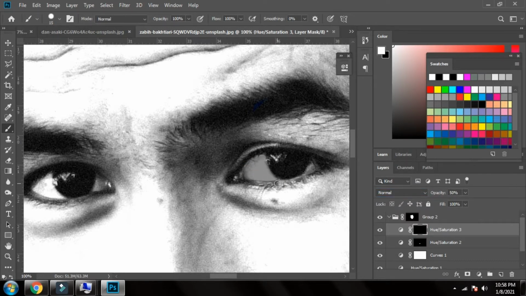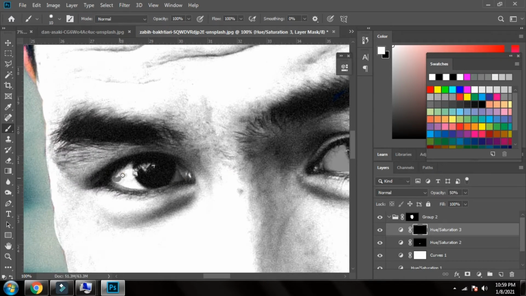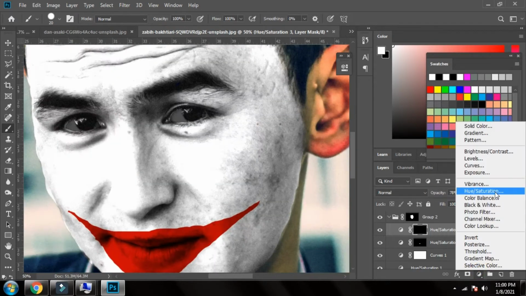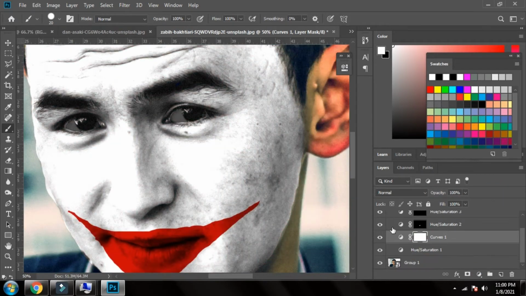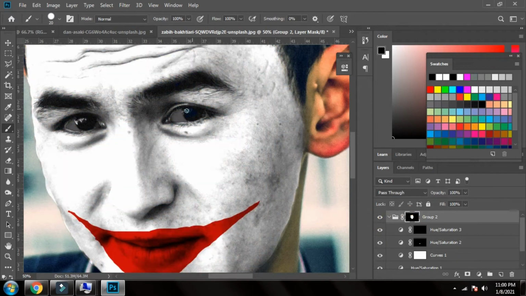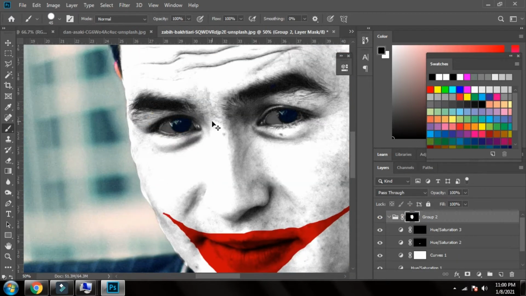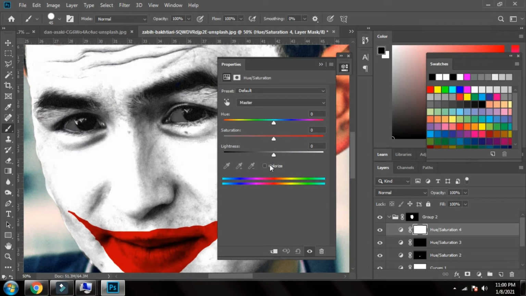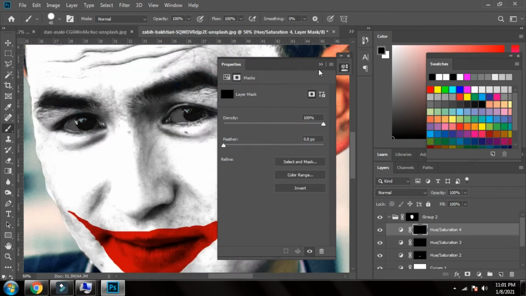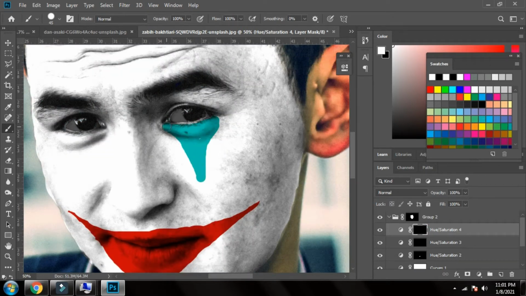After that I again added a hue and saturation layer and colorized the eyes, the white areas of the eyes, and changed it to a little dark so it gives a dark look. After that I also tried to change the pupil color to blue, but it was not looking good, so I removed it and added the paint around the eyes just like the Joker.